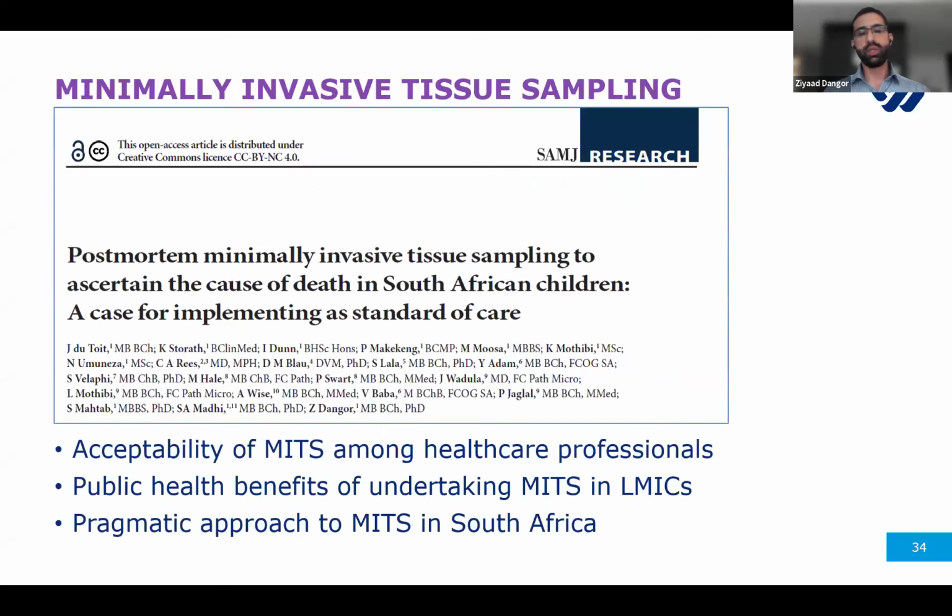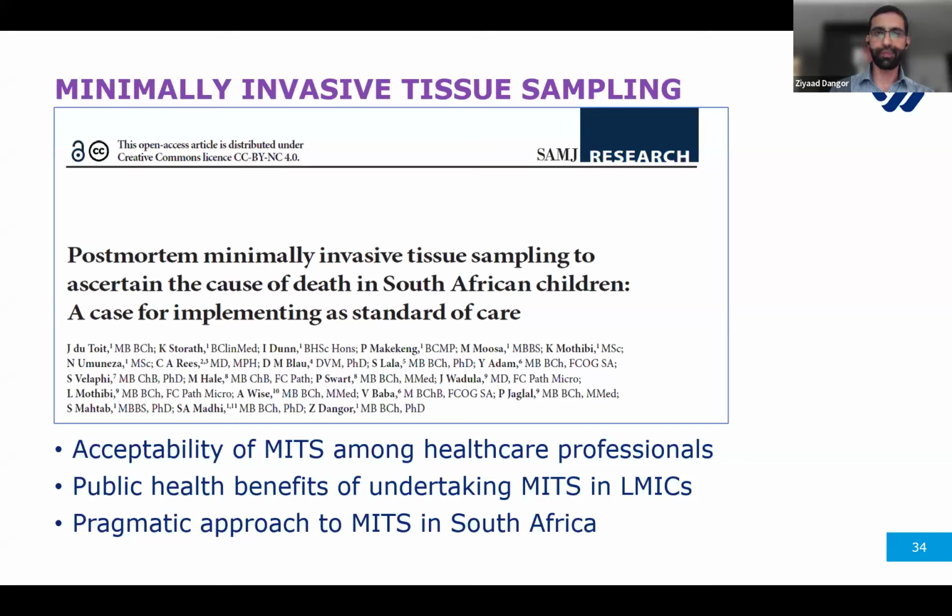So this is a paper we just published last month in the SAMJ, and what this paper says is, should post-mortem minimally invasive tissue sampling be implemented again as standard of care? And I'm saying again, because I remember as a registrar, the minute there was a death, we had to go to the death and take some samples. What we usually would be expected to do is a lung puncture and a liver puncture and send that for histology as well as for microbiology. I remember times going to the mortuary after the post-intake ward round to go do these procedures,